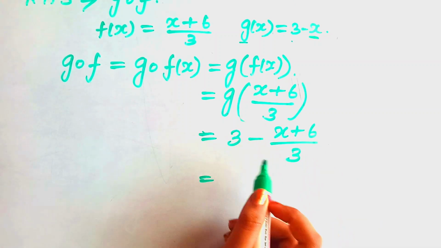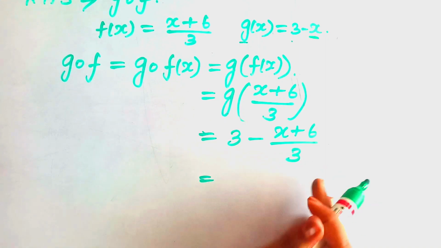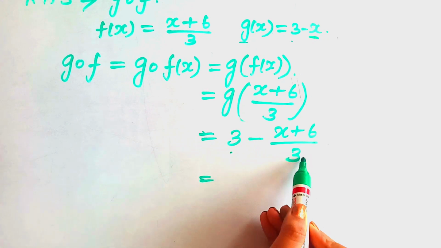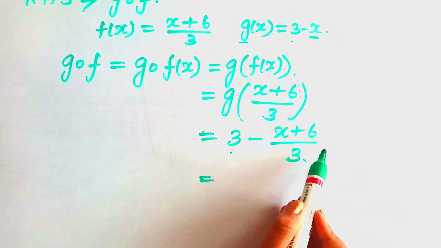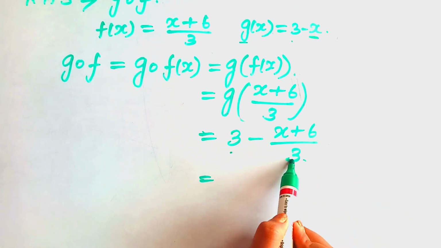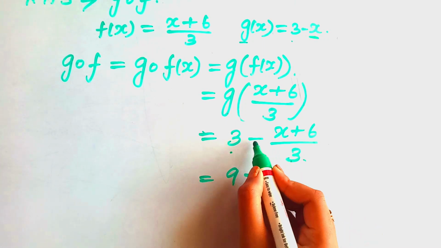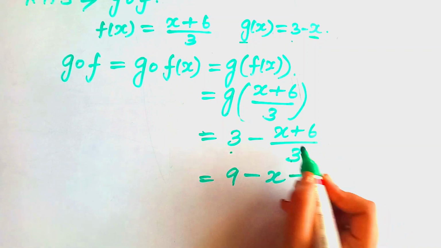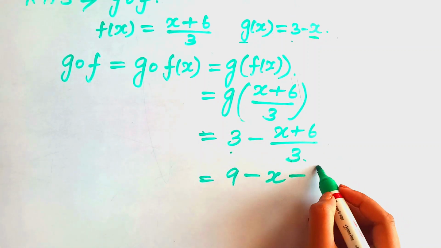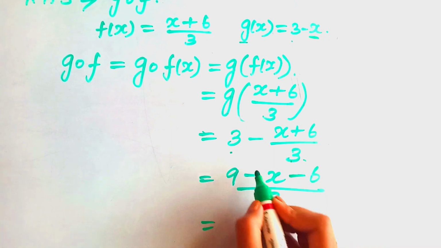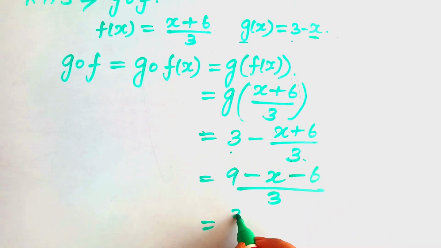Now let's subtract it. Before subtracting, we have to make this a single term, because right now there are two terms. Let's take this to a single term. So 3 into 3 will get 9, so minus x. If the minus comes inside, it will be minus into plus, which is a minus, and 6 divided by 3. Now let's subtract these two, so that we'll get (3 minus x) divided by 3.